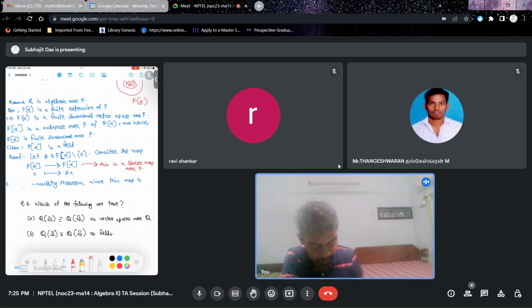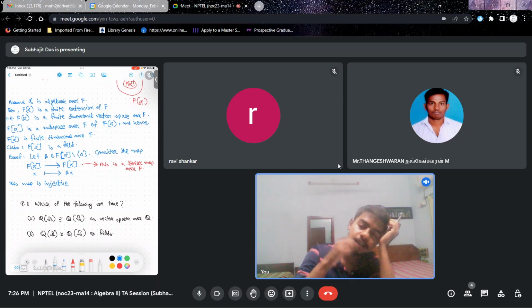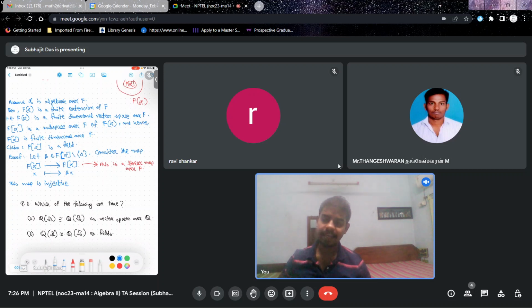Sorry, words don't commute in the English language, so I should be precise. So this map is injective. Why is this injective? Assume x is an element in F alpha which is mapped onto 0. That means beta times x is 0, which means that either beta or x has to be 0. But beta has been assumed to be non-zero, and hence x will be 0. You are in an integral domain, so beta times x is 0 means that either beta or x is 0, but beta was chosen to be non-zero. So the map is injective, and hence by rank nullity theorem,